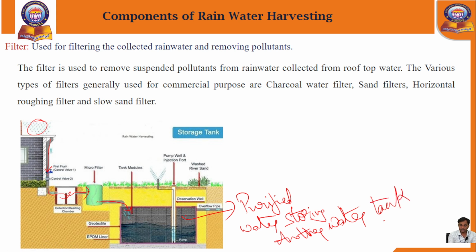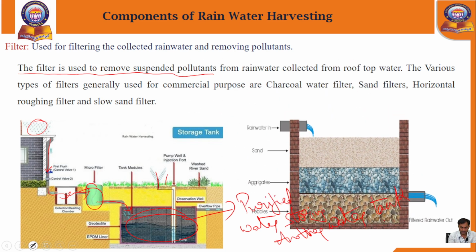Okay, so the treated filtered water can be used for gardening purposes or for home needs. The filter is used to remove the suspended pollutants from rainwater collected from the rooftop water. The various types of filters generally used for commercial purposes may be charcoal water filters, sand filters, horizontal roughing filters, or slow sand filters. Okay,